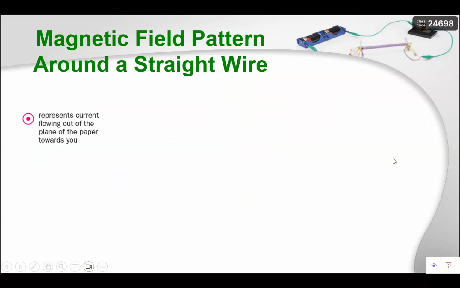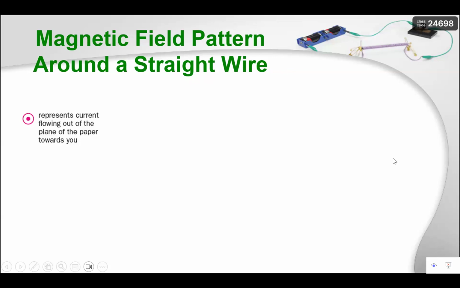Okay, then I'm going to introduce to you two different directions because in this chapter we will be looking at a lot of 3D diagrams. Other than the four usual directions that can be represented easily on paper, which are up, down, left, and right, there is something called into the paper, or if you're looking at my screen, into the screen, and out of the screen or out of the paper.